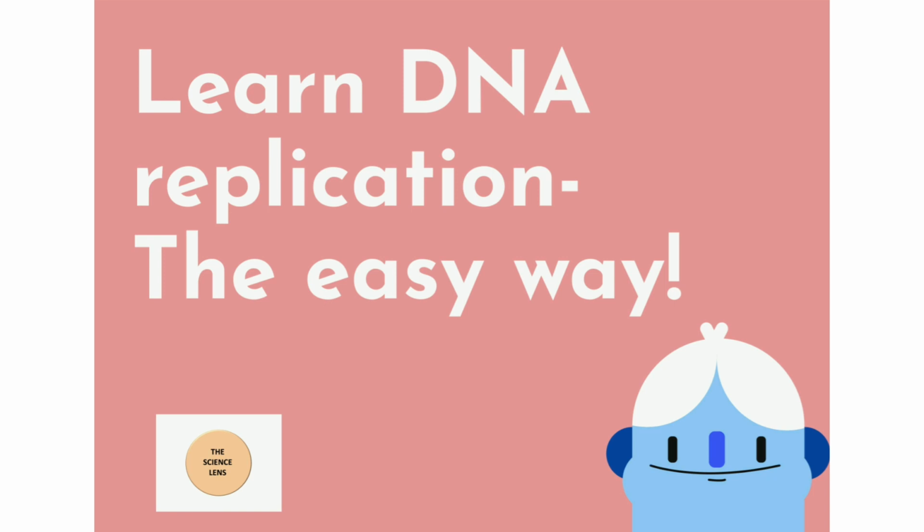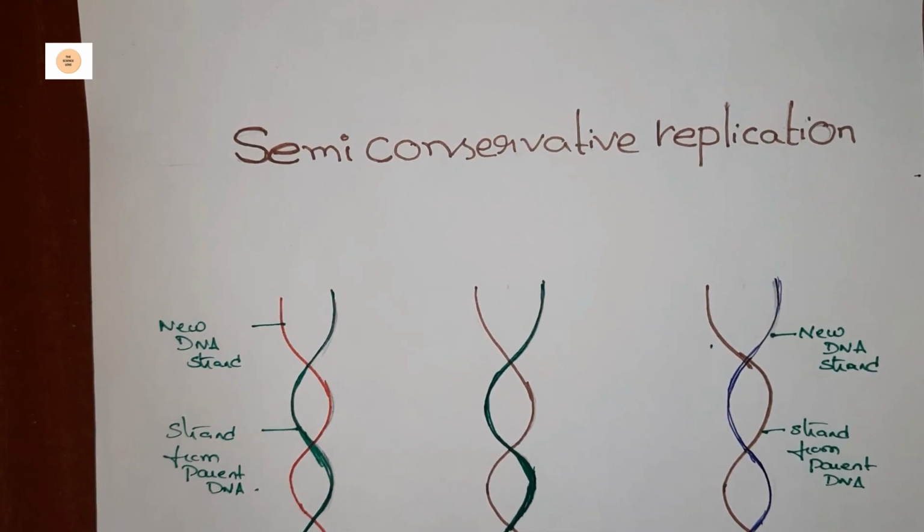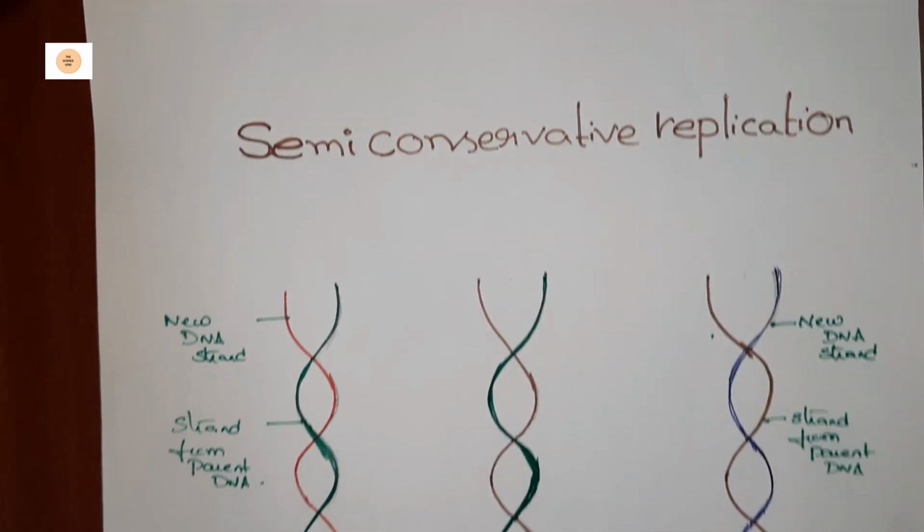All available evidence indicates that DNA replication is semi-conservative. Semi-conservative replication was postulated by Watson and Crick. The DNA molecule that undergoes replication may be termed the parent molecule, while the two molecules produced by replication are called progeny molecules, or otherwise daughter molecules. This is the semi-conservative replication of the DNA.